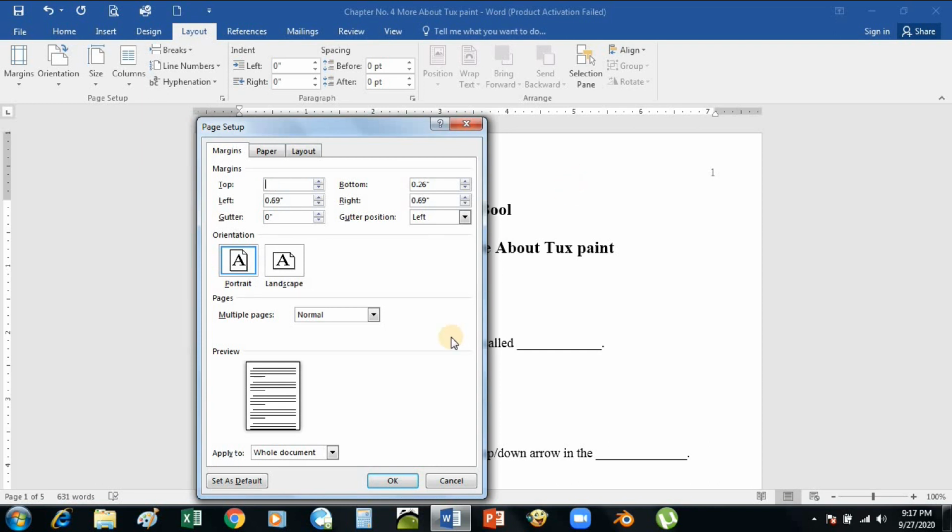Otherwise, you can increase the size of the margin. As you can see here on the page, the text lines are going down, which means the margin size is increased. As we select 1.5 inches and click OK, you will see the size of this gray ruler will increase up to 1.5.